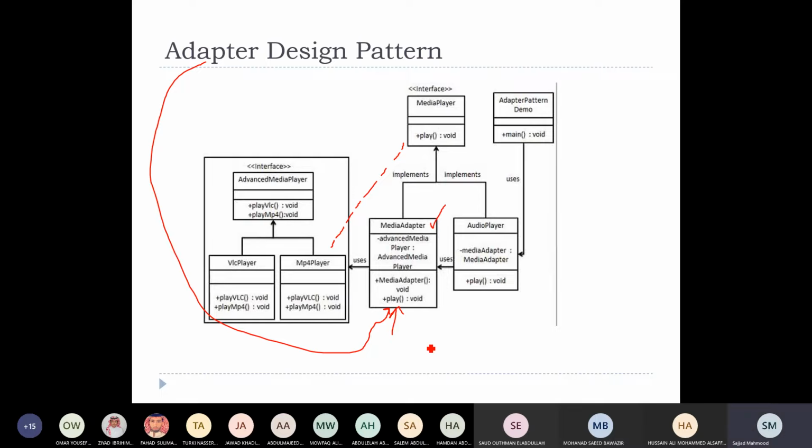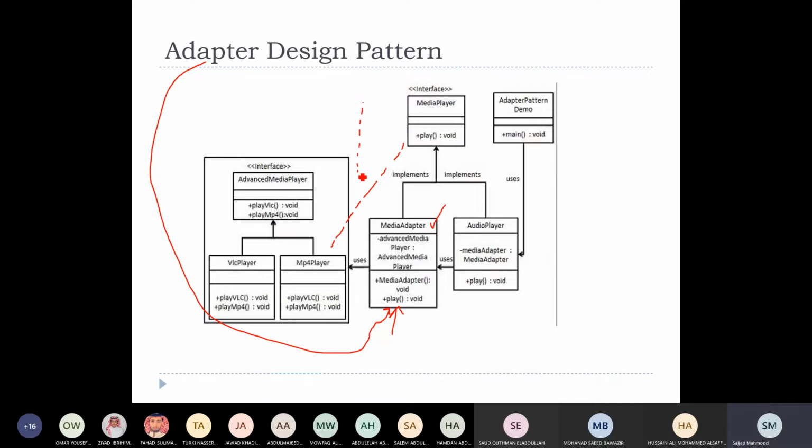Because what was happening in a decorator design pattern? You had a functionality. Let's say you have an audio player functionality, and then you wanted to add MP4 and MP3 or VLC functionality. So basically, you can go on, as you're saying, create this media player and extend it, or maybe create a decorator class and extend it, and use it. See, the key point here is